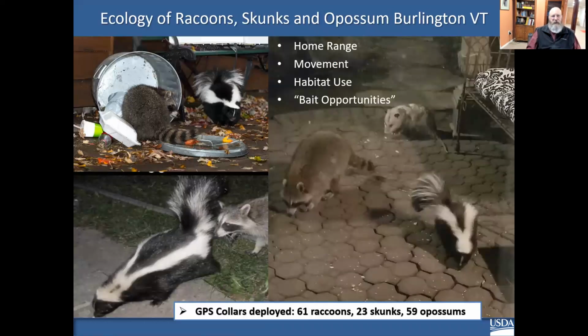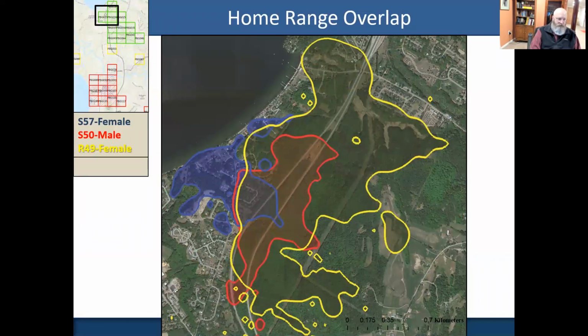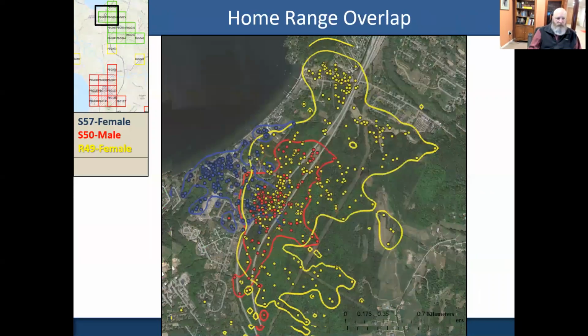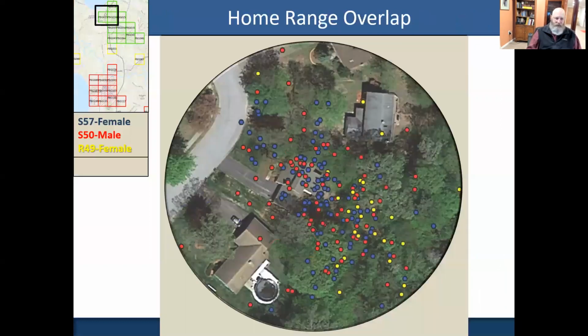So we have to really understand what's going on with raccoons and skunks and with our non-target possum population. And we've invested a lot of time and energy in trying to figure that out, looking at home range overlap and mating opportunities. How would we refine that? What seems to be attracting, in this case, a couple of skunks and a raccoon? If you hone in on those dots, you can start to see that it's really over one house. And then when we set up cameras, it was pretty obvious what was attracting animals to that neighborhood.